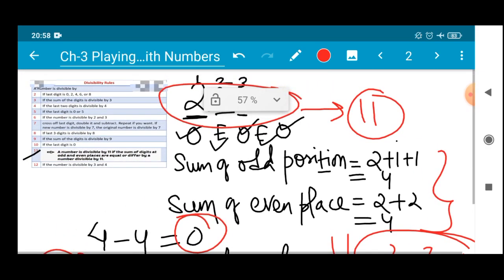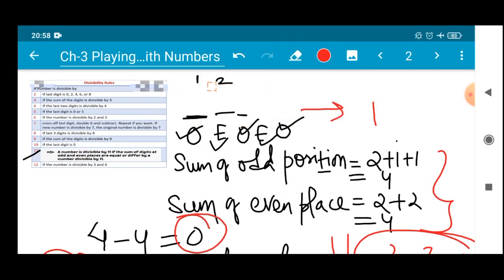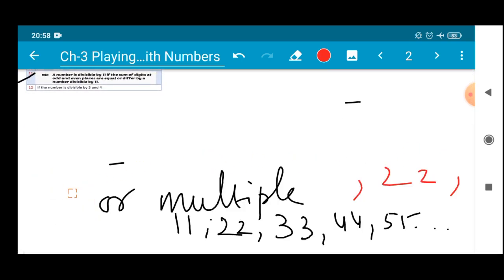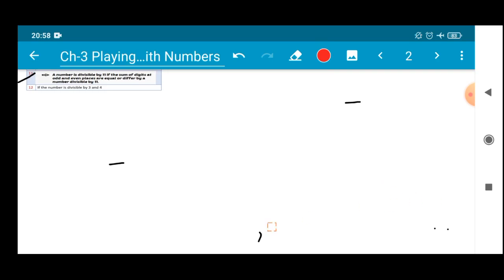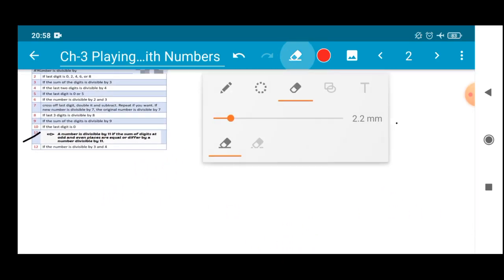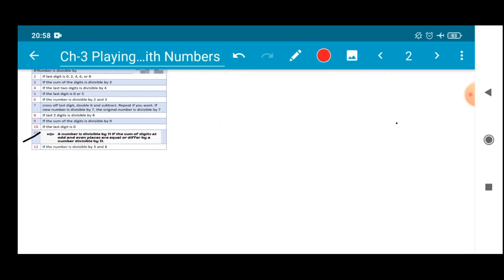Okay, so now I hope this is clear to you. You will be more clear when we do the exercise, when we solve the exercise, then you will be able to understand in a more fluent manner. If there is still a doubt, kindly repeat the video and try to understand in a detailed manner.